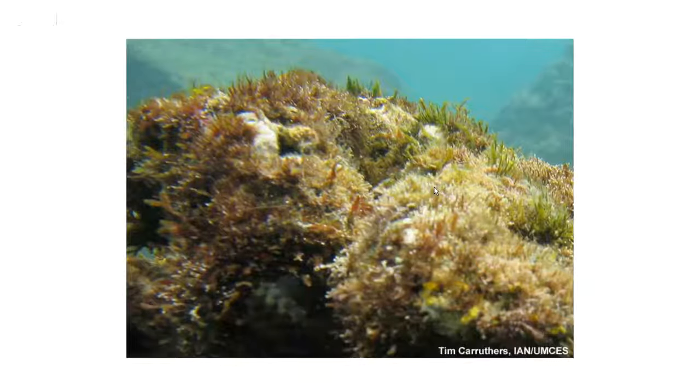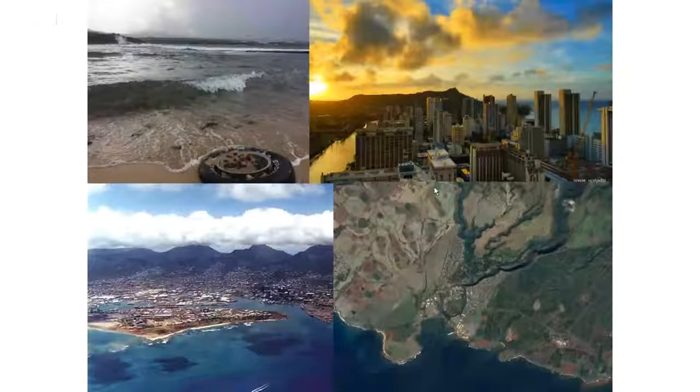And so I think we're all, especially on Oahu, pretty familiar with a lot of the impacts that we see on our coastal reefs. On the bottom left, you see Sand Island. There's a lot of industrial development, a lot of shipping. On the top right, Waikiki, where we see a lot of urban development, building houses and condos and wildly altered coastal landscapes. On the bottom right, we see another kind of strong impact on our coastal landscapes, which is intensive agriculture. So this is from near Honopepe on Kauai,